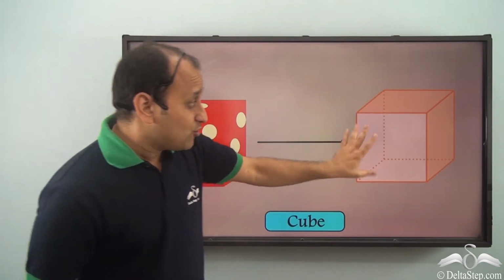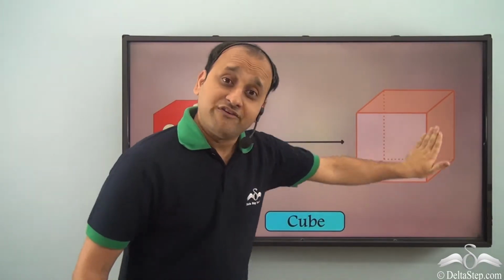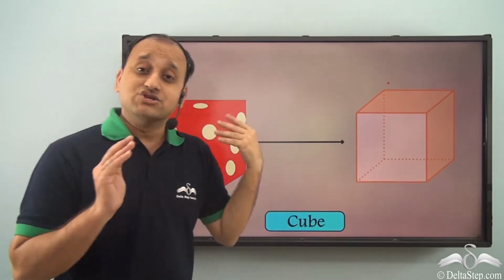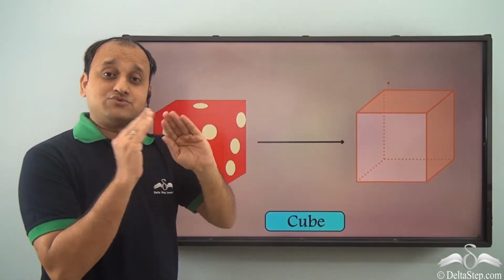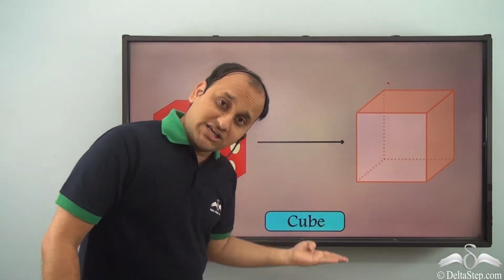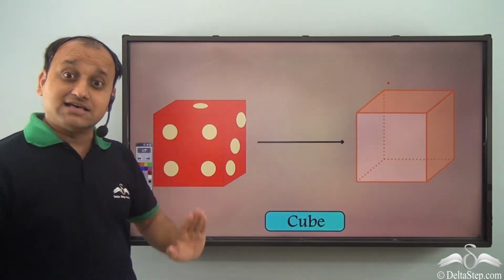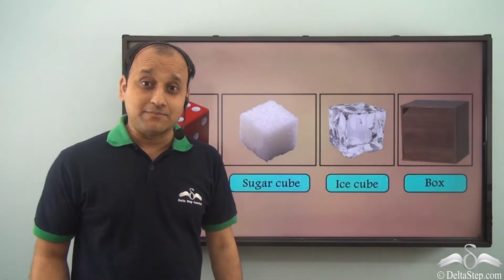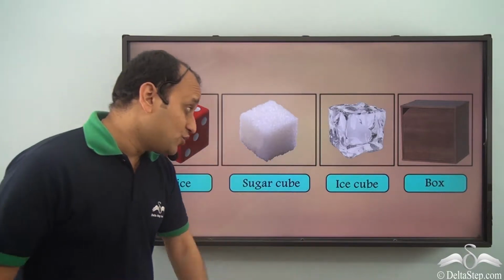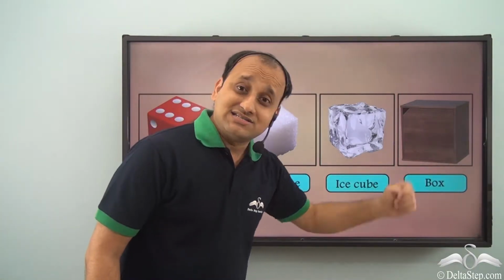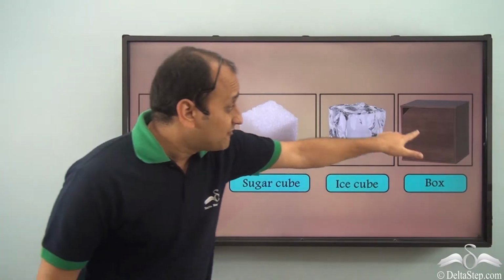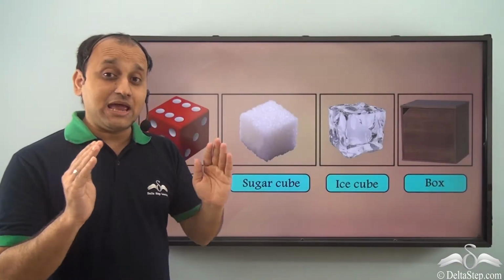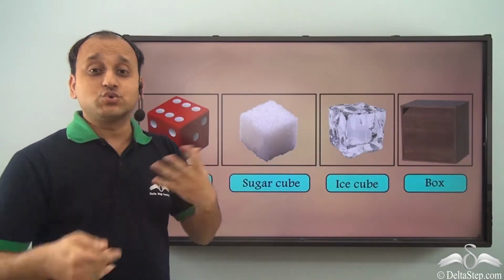So, in the case of cube, it is made up of a number of squares. So, all the faces which you can see, all these are squares. So, different squares come together to form a cube. So, dice has a cubical shape. And some common examples other than dice are sugar cube, ice cube and such boxes. All these have cubical shape. They resemble a cube, that is a shape made up of a number of squares.